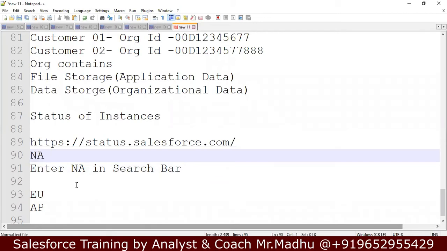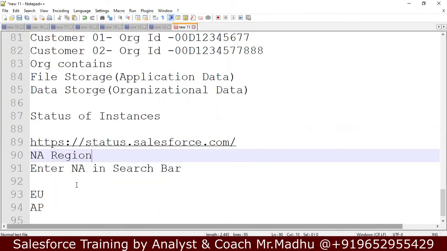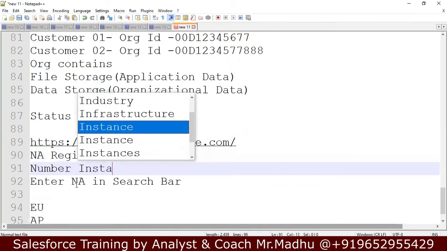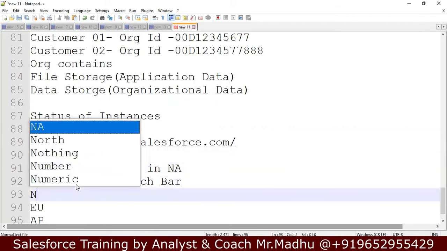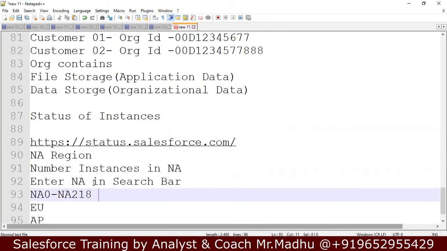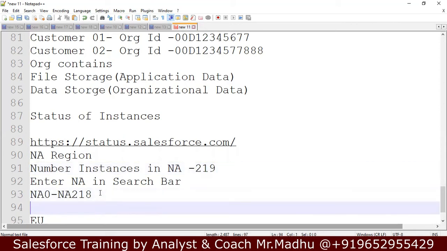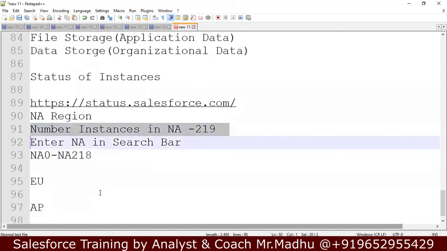How many instances are available in the NA region? How can we calculate the number of instances? We said it starts with NA0 and the highest number is NA218. The total number of instances available in the NA region is 219, NA0 to 218.